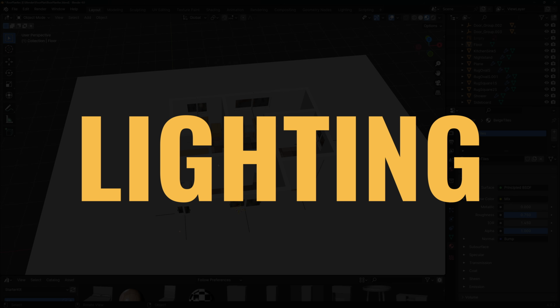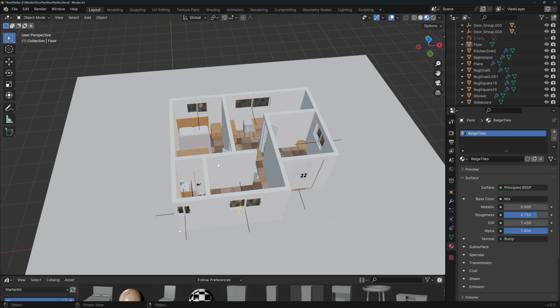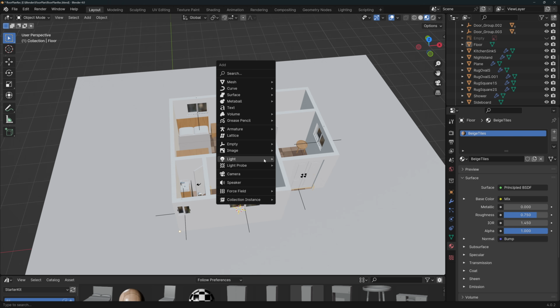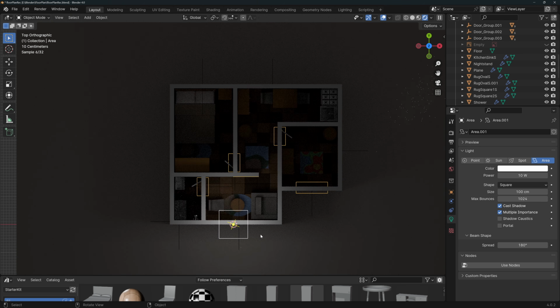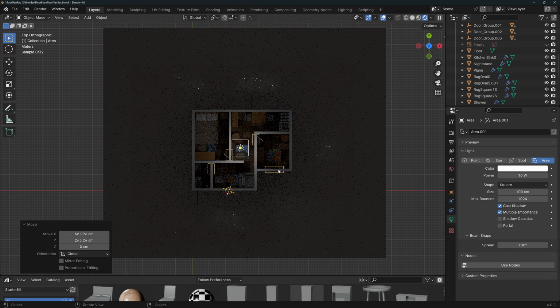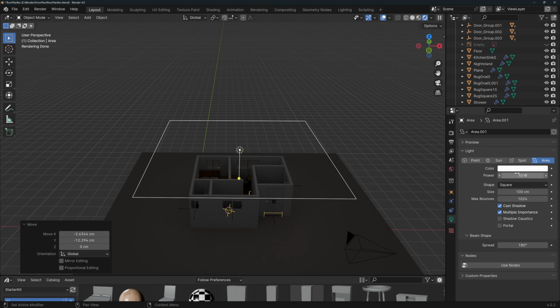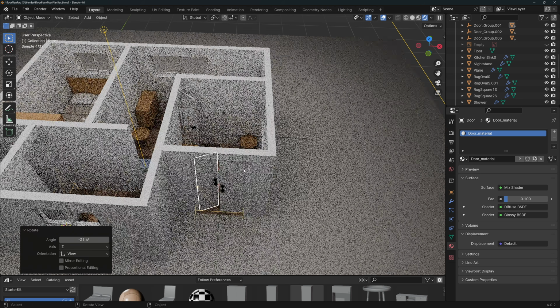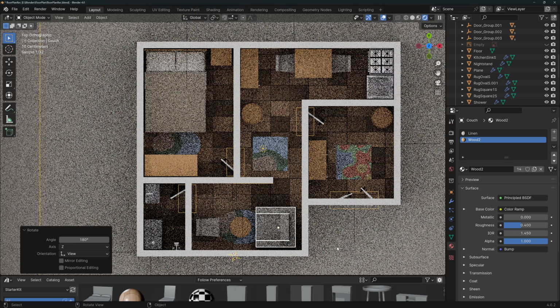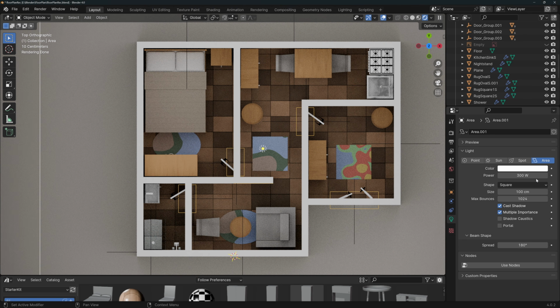Now for the lighting, there are a few options, but I will always use one of these two. The fastest to set up and render, and in fact I think this is the one that looks best, is just adding an area lamp. I'm going to move it up, and I'm going to go to my rendered view. I'm going to place the lamp close to the center of the house and make it quite large. I'm going to increase the power to 300. I just noted that my doors were closed, so I'm going to open this. This one's looking the other way, so rotate 180 and change the power of the lamp until you find something